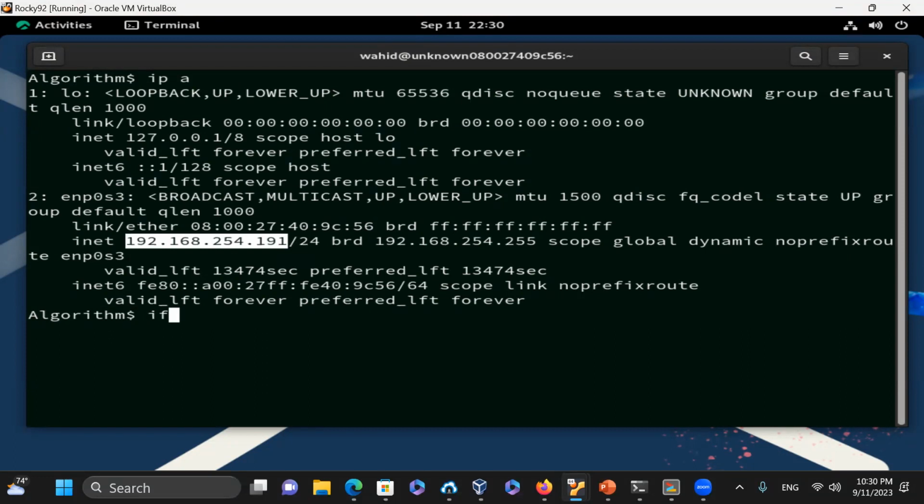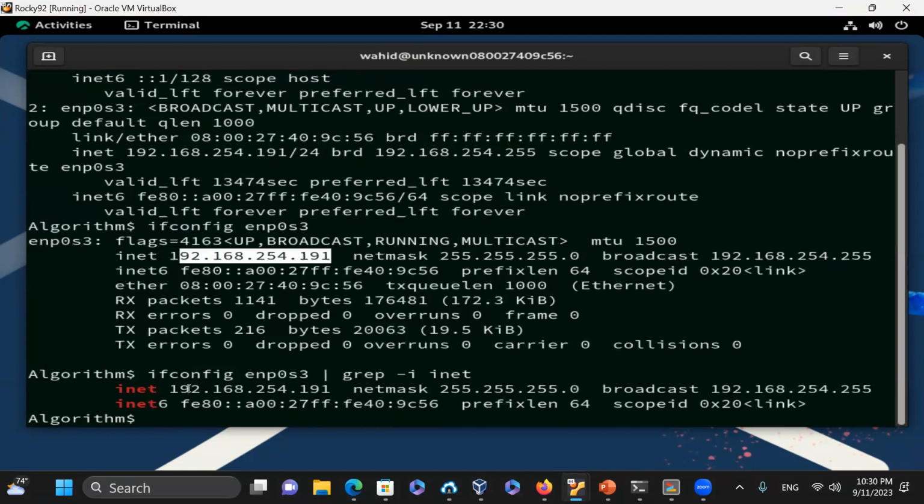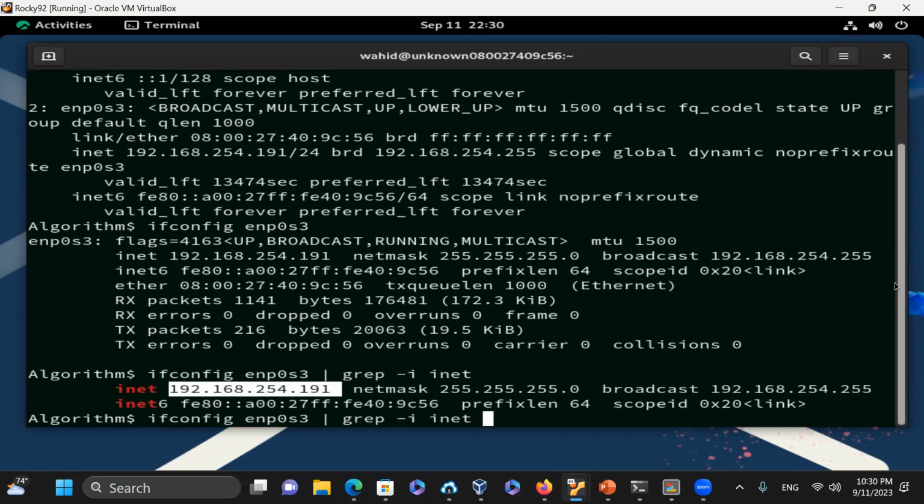Or you could say also ifconfig -a and then enp0s3. This is the interface name. The -a stands for all. You just want to get that interface, and that interface has this IP address, which is the IP address that showed up also. You can also do a grep -i inet, and that would show exactly the line that you want. For example, if you just want to get the IP address of that one,